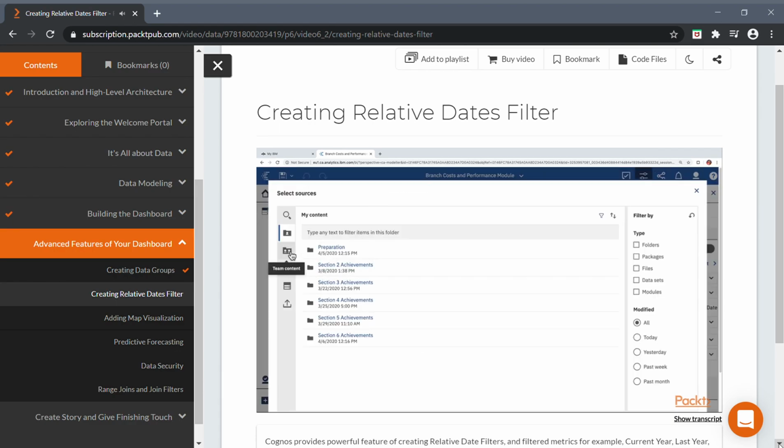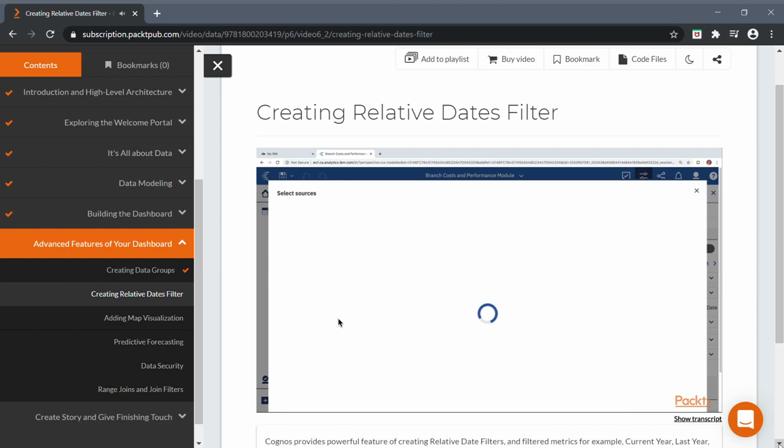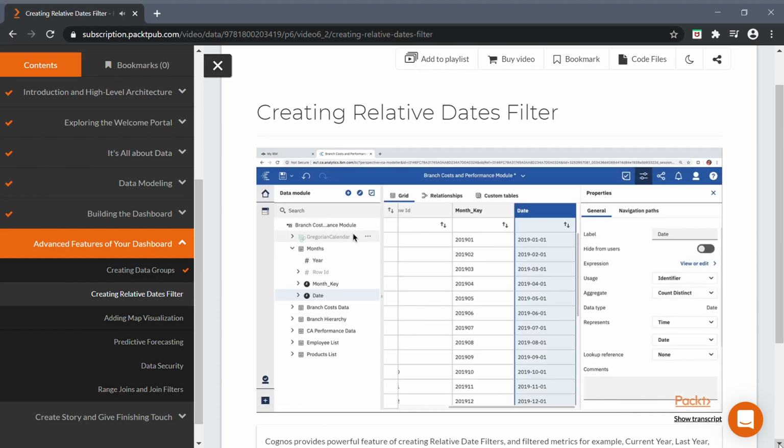Now we are going to use an existing module which Cognos provides. So click on team content, calendars, and choose Gregorian calendar. Now notice that the calendar has been added to our module. Basically, it's a link which has been created. And this calendar already has predefined filters for prior month, prior quarter, prior year, etc. So all of these filters are going to work with the system date. For example, if I am in April and I choose prior month, it's going to give me data for March